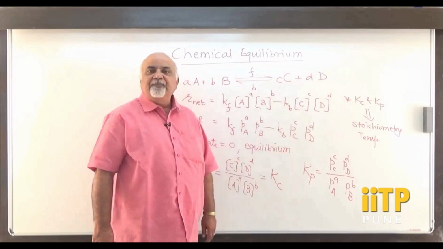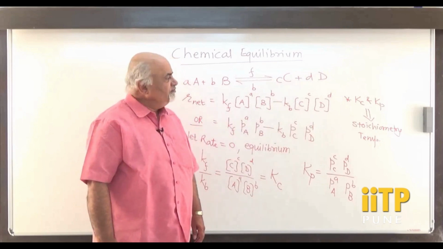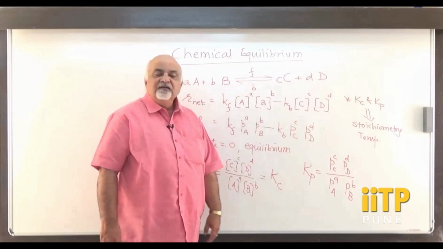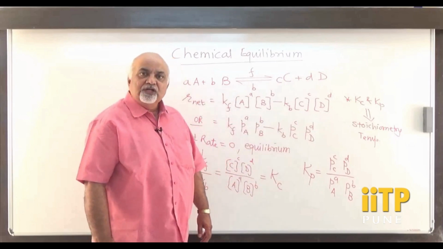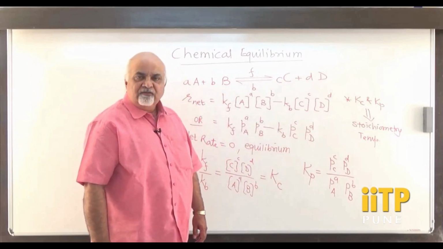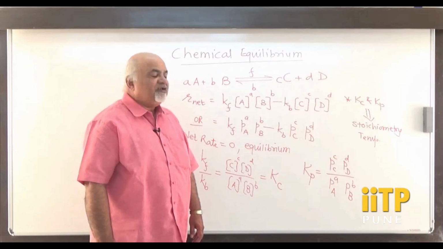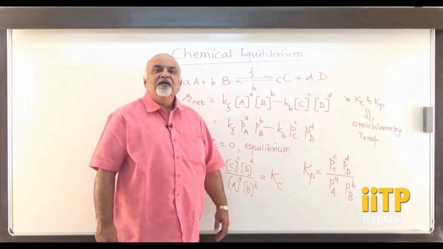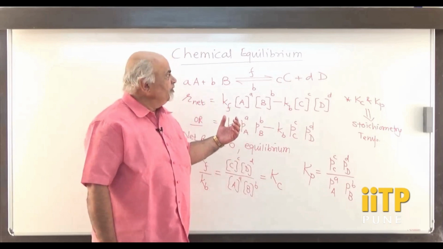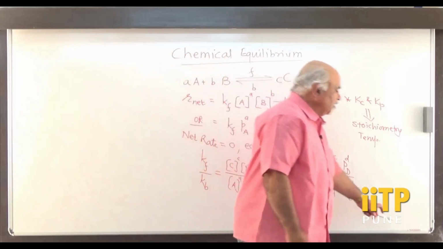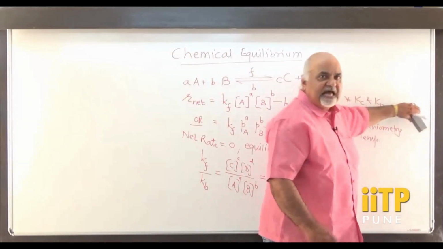K values are dependent on stoichiometry of the reaction. That is what balanced equation we write. And K values are also dependent on temperature. As we change the temperature, K values are going to change and that will make the change in the product finally. So this reversible reaction, we can learn on a graphical basis.